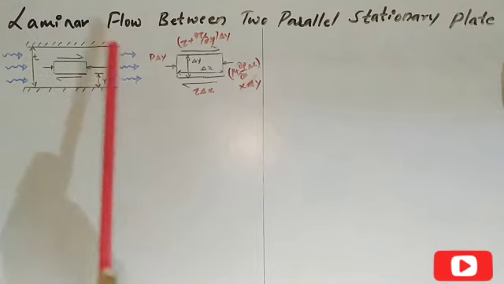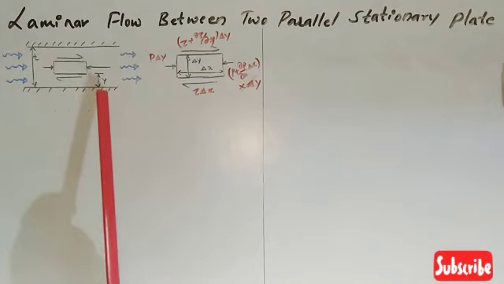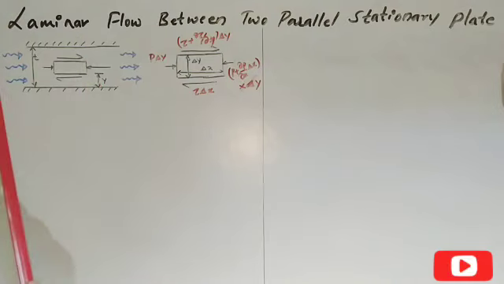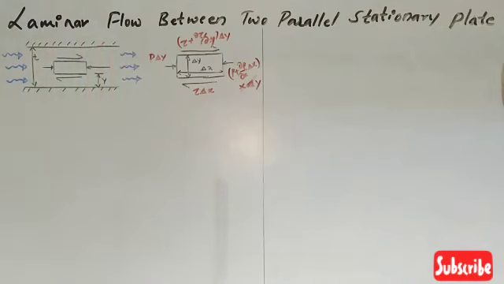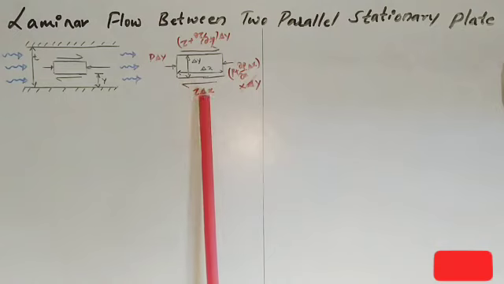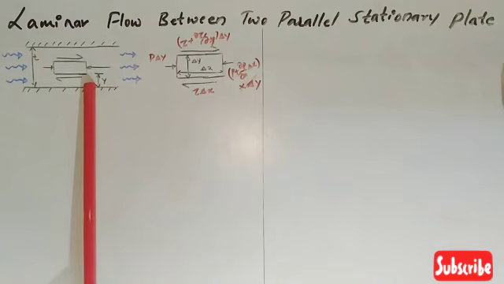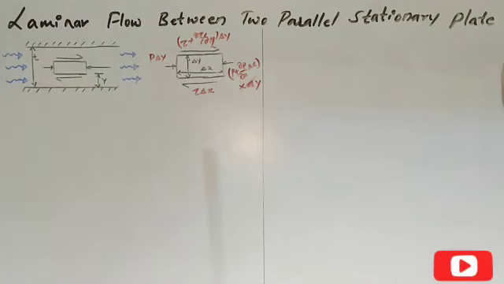Now this is a schematic diagram which helps us to derive this equation. These are the two plates which are stationary and the fluid is moving. A steady laminar fluid flow is taking place between these stationary plates. Now let us consider a fluid element of length delta x and delta y, at a distance of y from the lower plate. And these plates are separated by a distance of t.